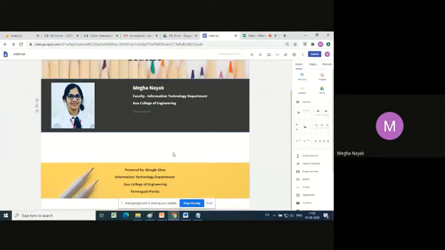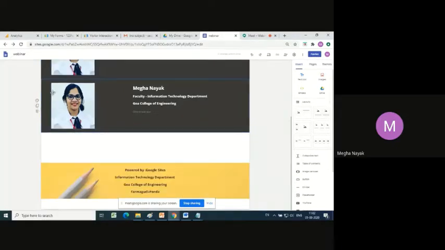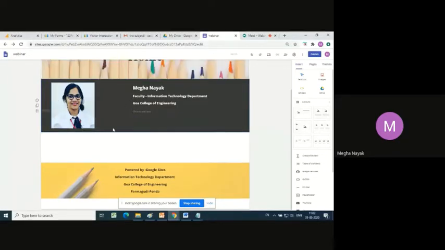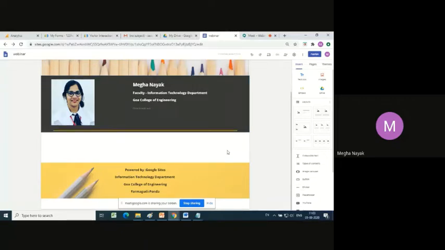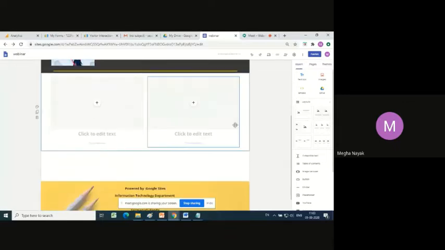Now, if you have another section at the bottom, I will just tell you what I'm trying to show. If you try to have another section at the bottom, you would want to differentiate this section from this section. So what you would choose to do is click on this, and there is an option called divider over here. Can you see how neat it looks after placing the divider? So this is just to improve the look of your site. So once this is done, I might choose to put in another layout, and this layout allows me to put another two pictures or another two videos or something like that.